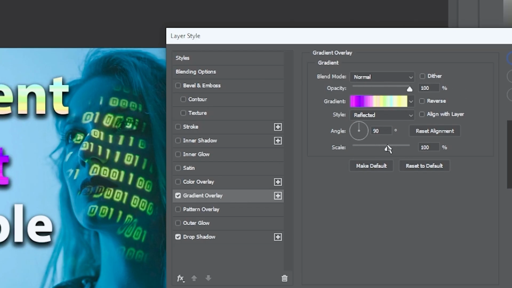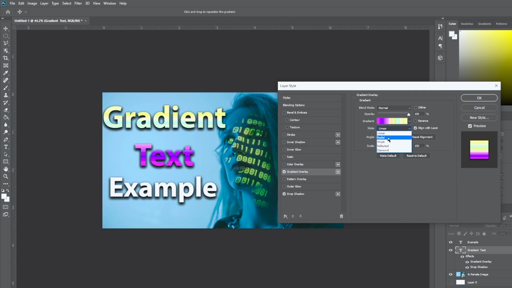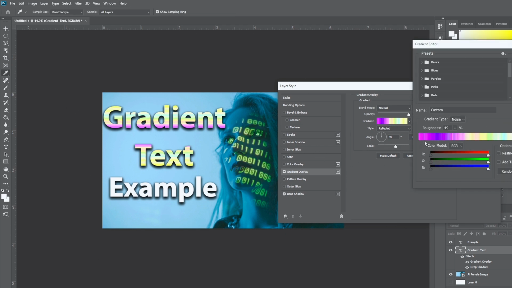You have other options as well to dither, to reverse, or to align with the layer. You have different styles from reflected to linear to radial, angle, etc. And you can even choose the angle of the gradients on your text, and you can scale in or scale out the effect. If you want to be more precise, you can click Gradients, and under here you can change